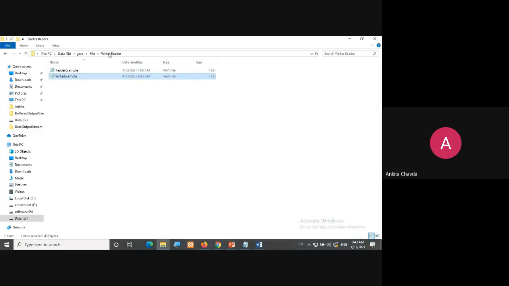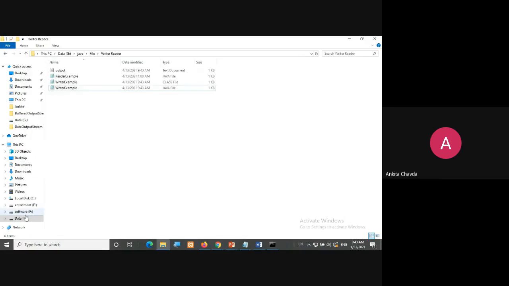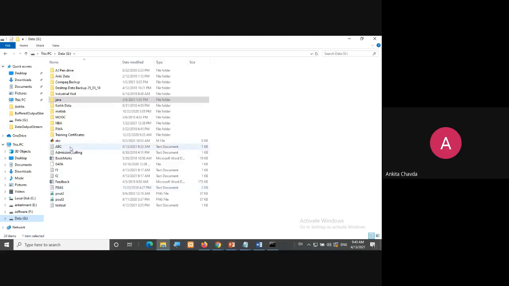So we compile this. Right, it is done. So we'll go and check in the G drive whether output.txt is there or not. Just a minute.